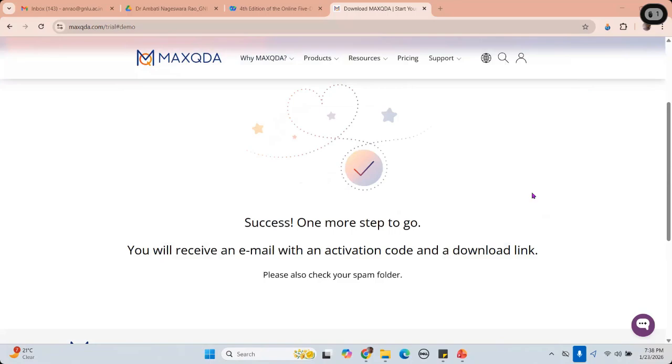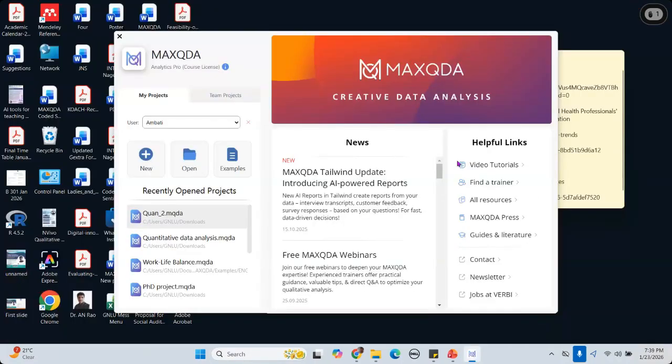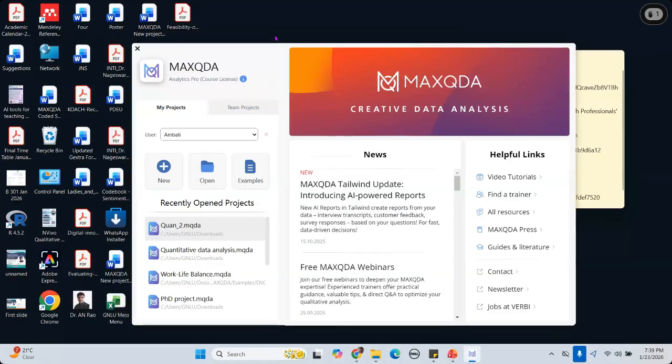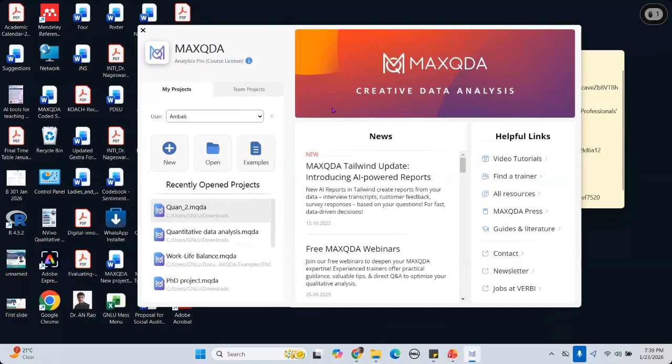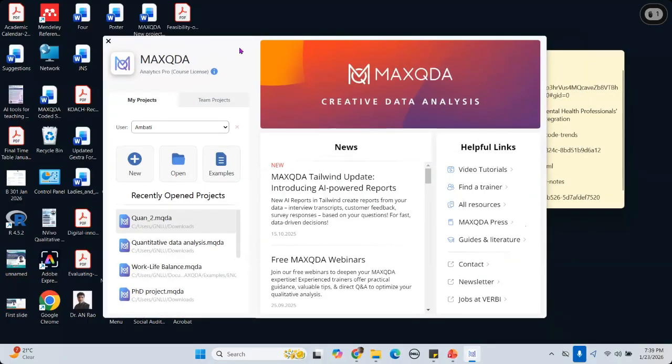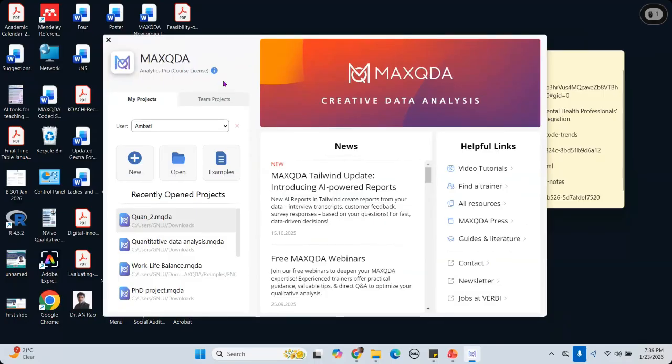Please open MAXQDA. Okay. Now, the moment you open MAXQDA, you will get this interface. The moment you install your MAXQDA software successfully, you'll get an interface like this. Now, if you look at this particular interface,